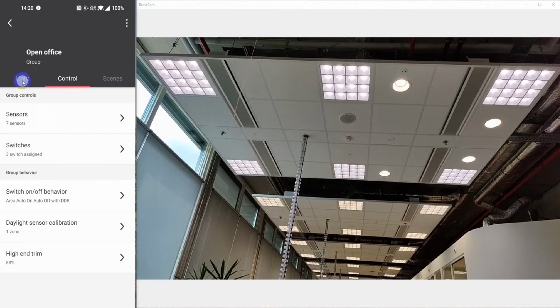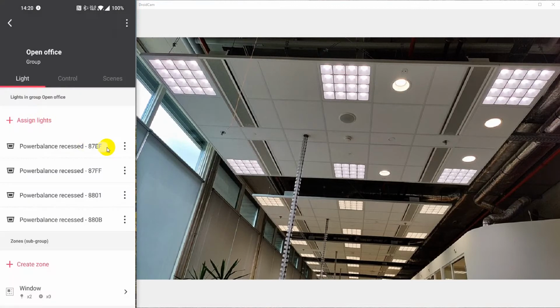Imagine that any of my lights would be misbehaving. There are a couple of options to fix things. The first one is on group level. If you have a PRF project, you can press reboot lights. If you do that, then all the lights will just power cycle themselves, rebooting, so that their programs